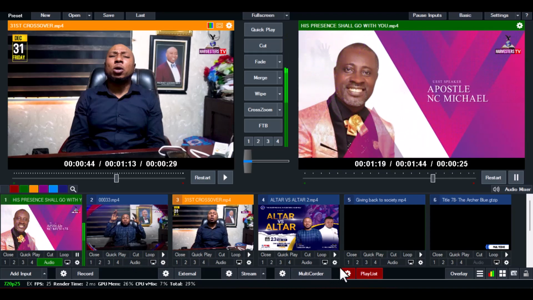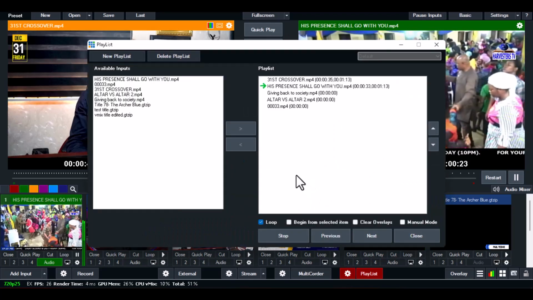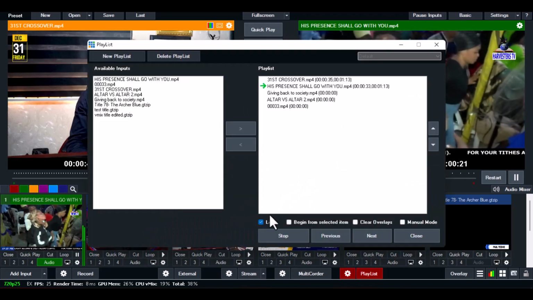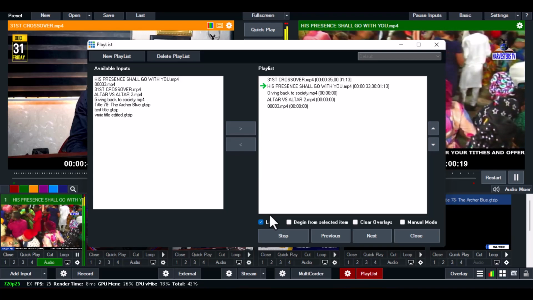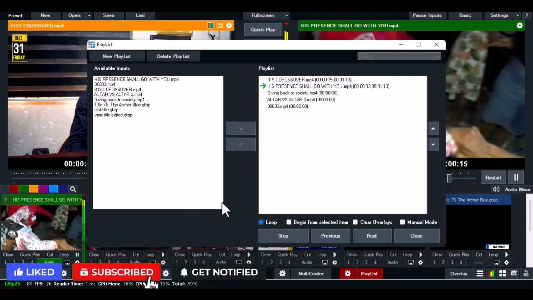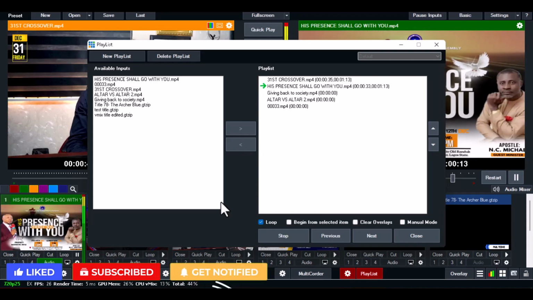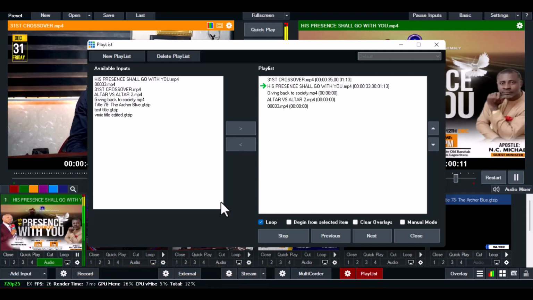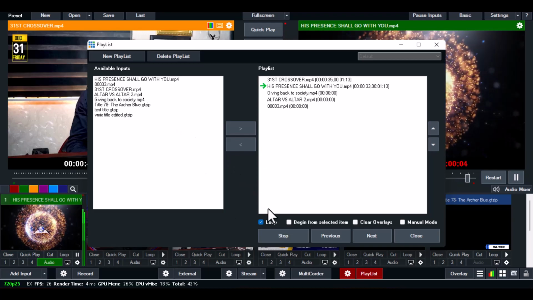Now the only place you should loop it should be inside the playlist. It means it will play from the beginning to the end and repeat itself again. But if you loop it on the vMix input, it means that it will not change. The video itself will keep on repeating itself, and will not change to the next video, just as you've arranged